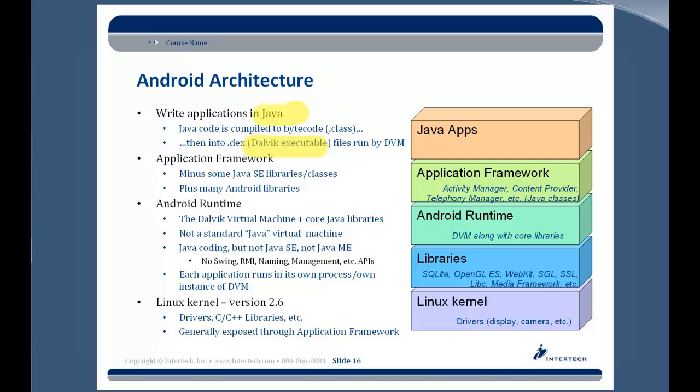But there are some definite differences between what we would call quote-unquote normal Java and Android Java. For example, a lot of the libraries out there would actually be missing. Libraries to connect to databases, JDBC, are missing. Libraries to do Java user interfaces, Swing libraries, are missing. Right? So there's some libraries that are missing, and then there are some additional libraries provided that are unique to